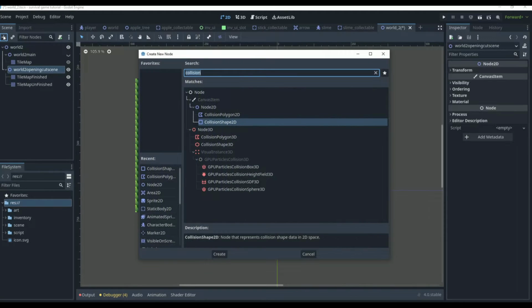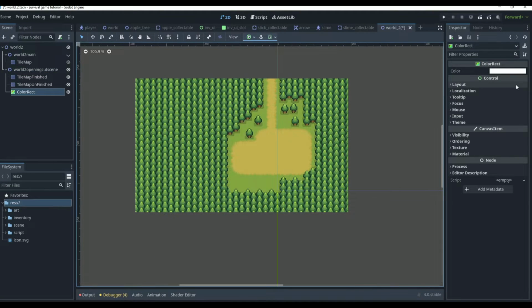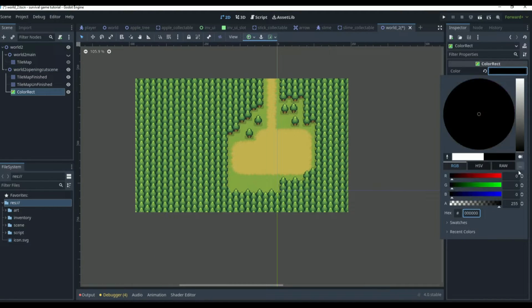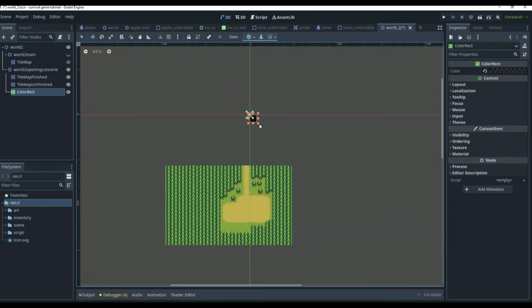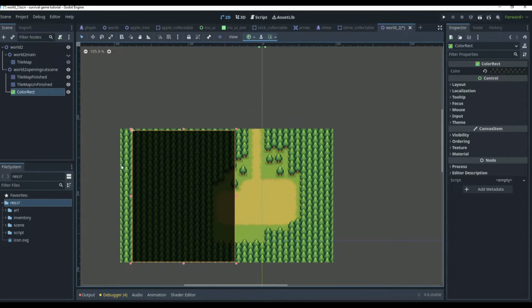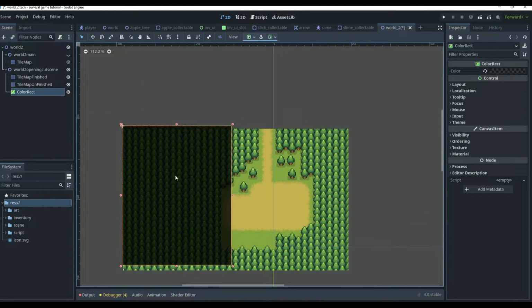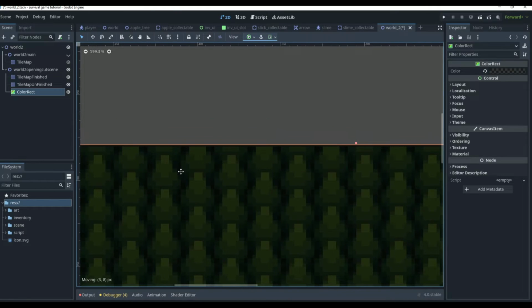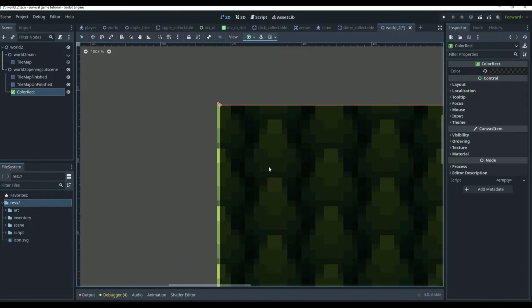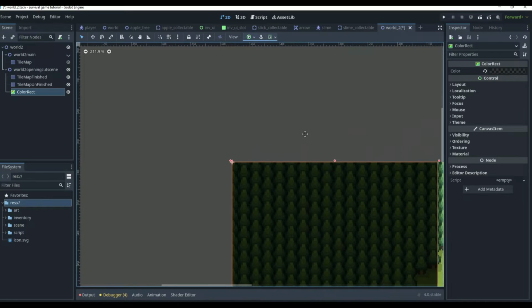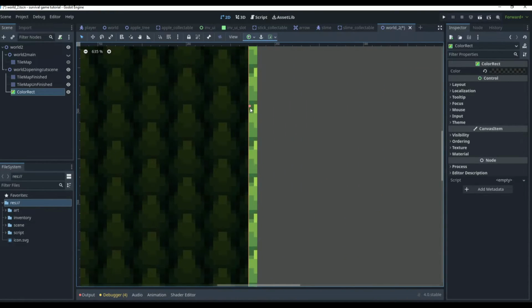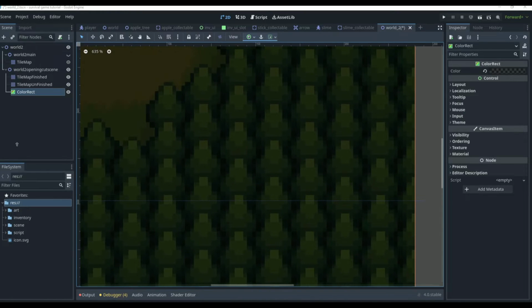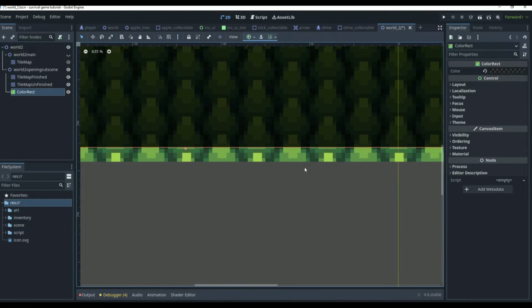And to start with this cutscene, let's add a little fade. So we're going to add a color rect. We're going to make this color rect black, and then we're going to change the value to 200. And then we can take this color rect, which is way up here, and drag it over, and you can see how it makes a fade over the world. We want to make sure it's at the exact point up top. The sides don't matter as much, just the top. We want to make sure that is exact, because that's going to overlay onto the world 1, right? But we'll get all the sides perfectly